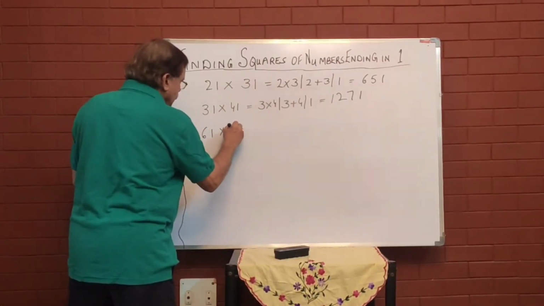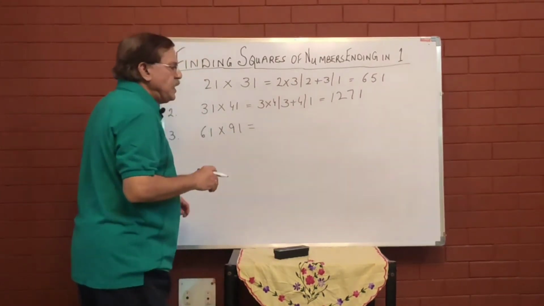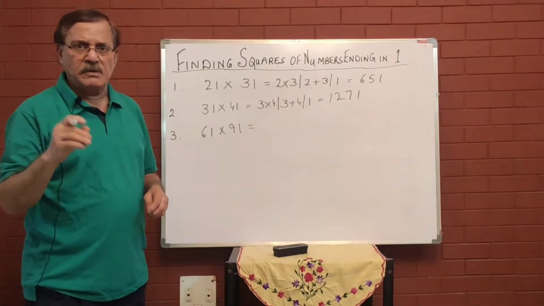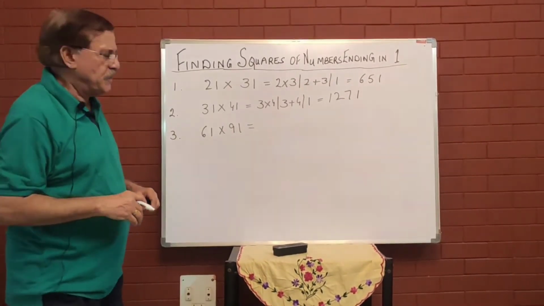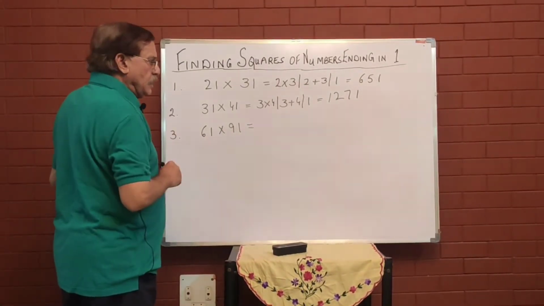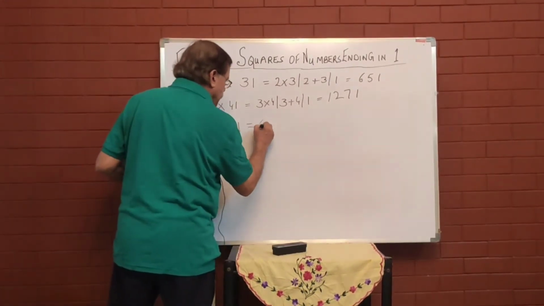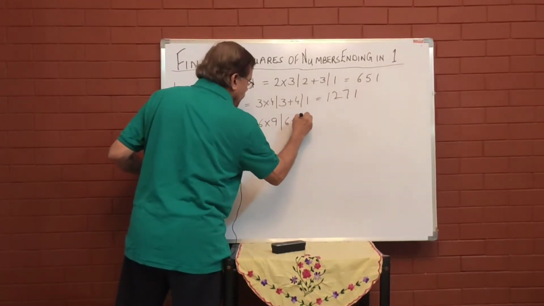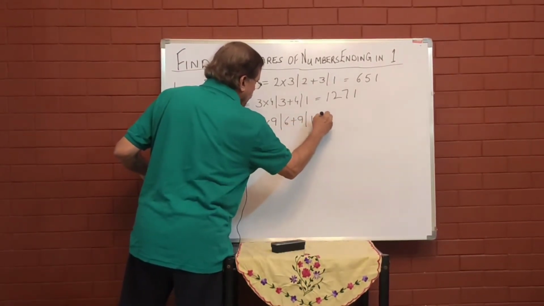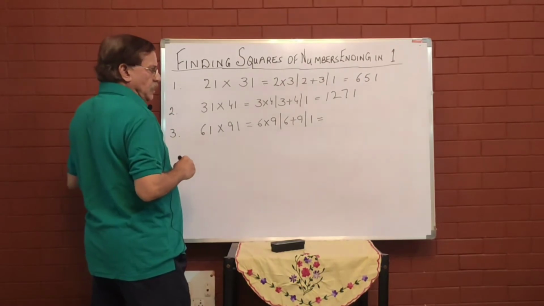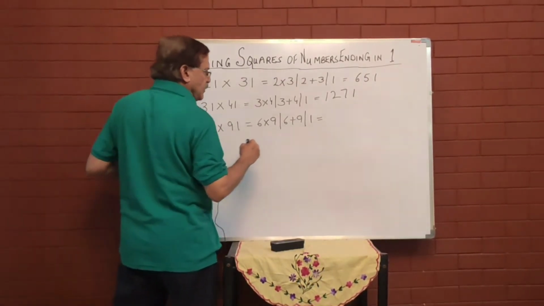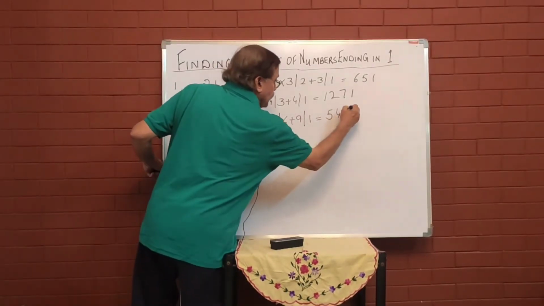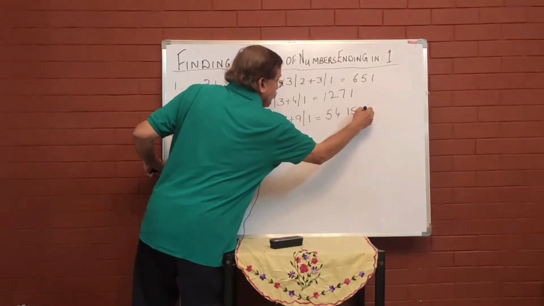The third question, 61 multiplied by 91. You can take any numbers in between, 2-digit numbers or even 3-digit numbers. You can see and check for yourself. The same technique, 6 multiplied by 9, 6 plus 9 and 1. So finally when we combine all these three parts, 6 9s are 54, 6 plus 9 15, write 15 a little far apart and 1 will be here.